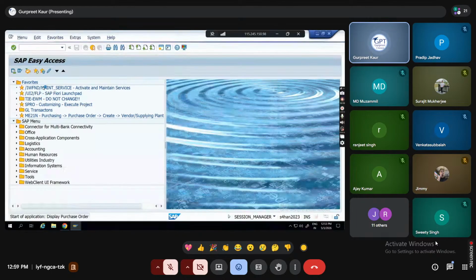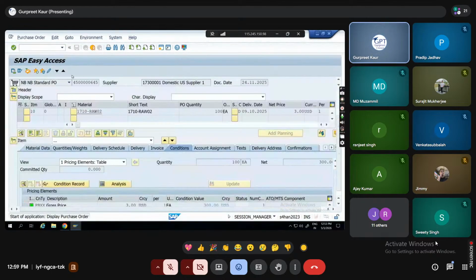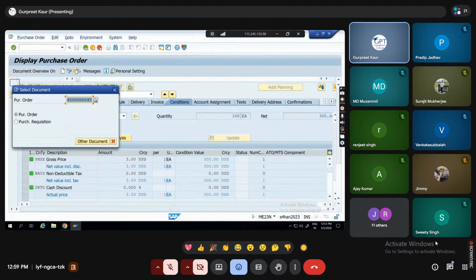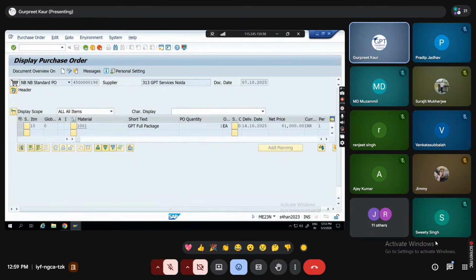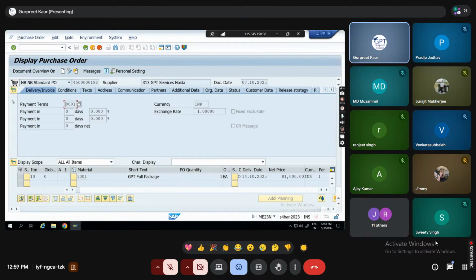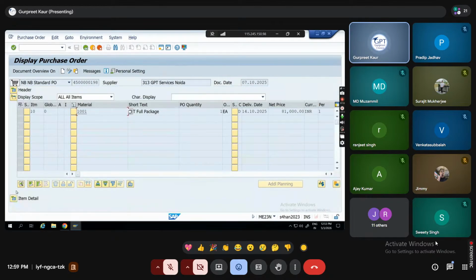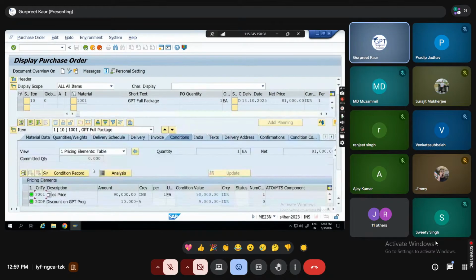What is the difference between a GUI and a Fiori? See, this is a purchase order, which you can see, and how it is visible in GUI.